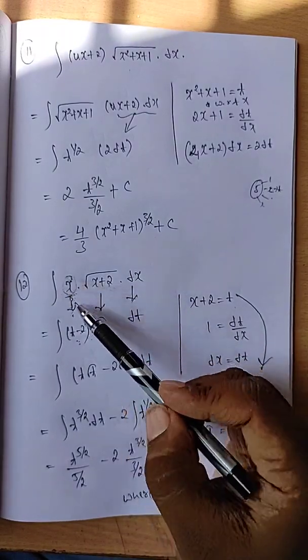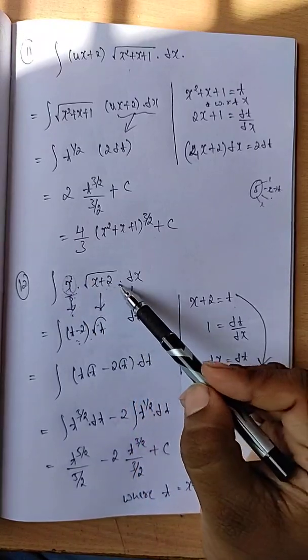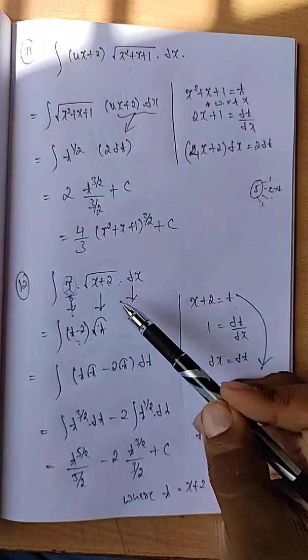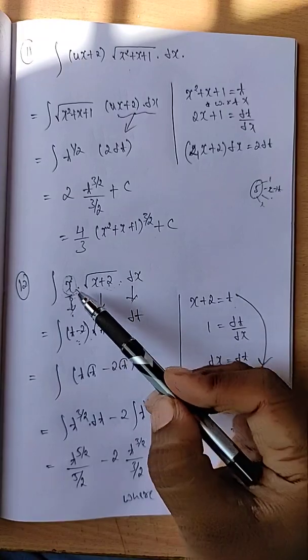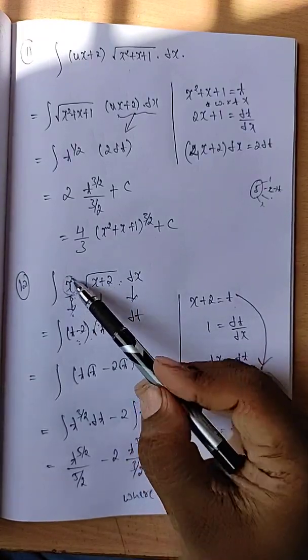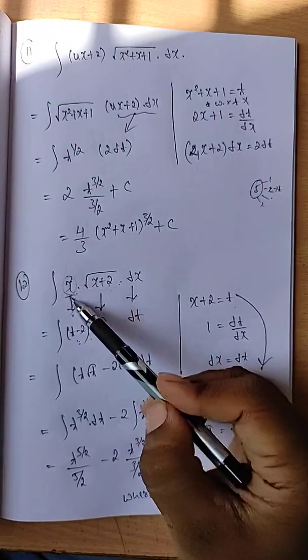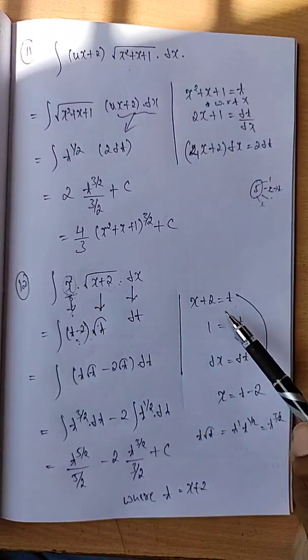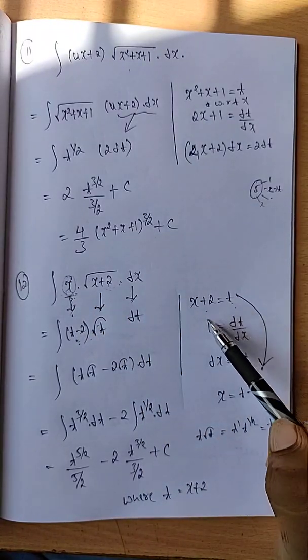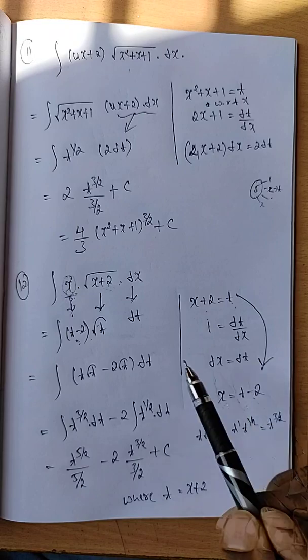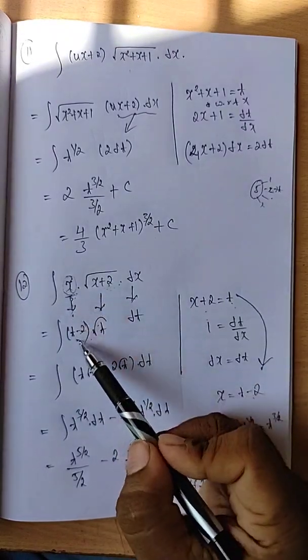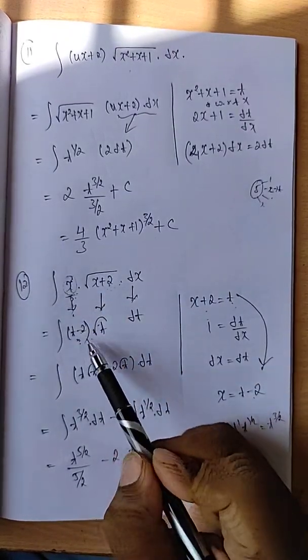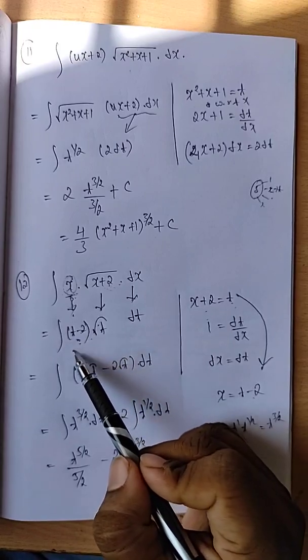Here we are left with the x. When you are changing from one parameter to another parameter, it must be in the form of the other parameter. So here we have an x, and you want to change this x to t. How do we change this x to t? Here x plus 2 is t, so x is t minus 2. We are replacing x as t minus 2. Is it clear? And in this problem it is in the form of product form.